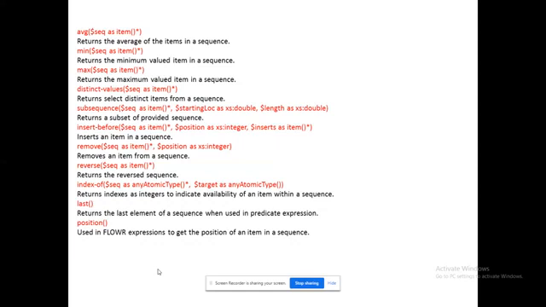I can remove an element from the given list by mentioning the item or mentioning the location. I can reverse the list. Okay, I can perform that. I can retrieve the location of corresponding data using index of sequence. Last, I can find out the last element using this, which returns the last element in the array. Position, I can get the position index of a particular array. The difference between index of and position is that position will work for items available in the array, while index of will work specifically for an integer array. So that's the main thing.